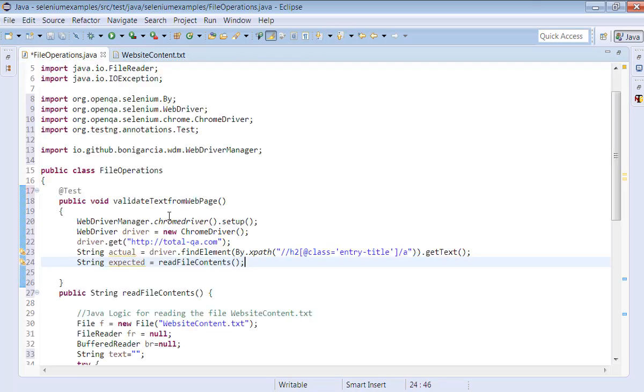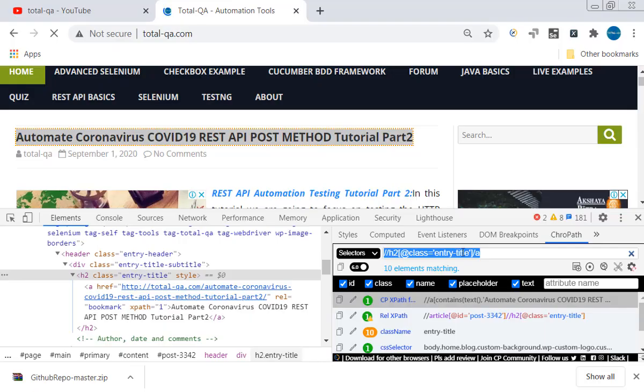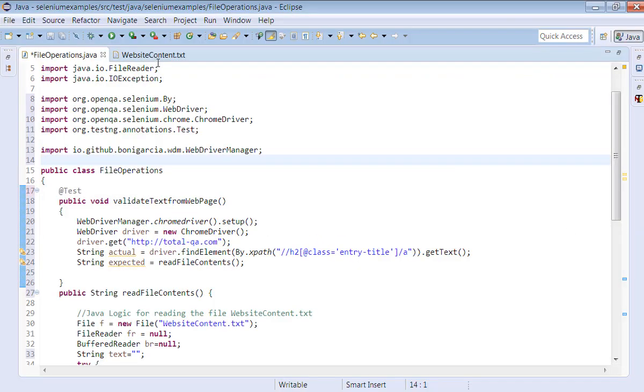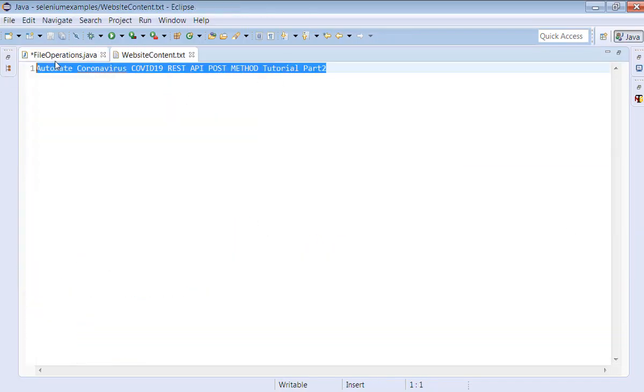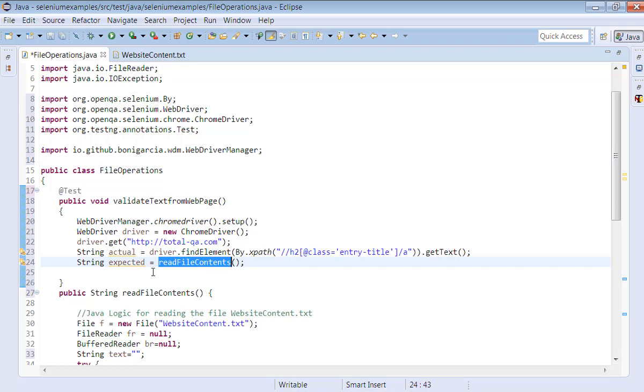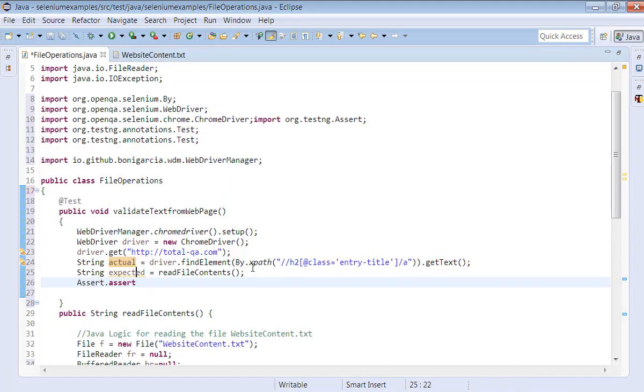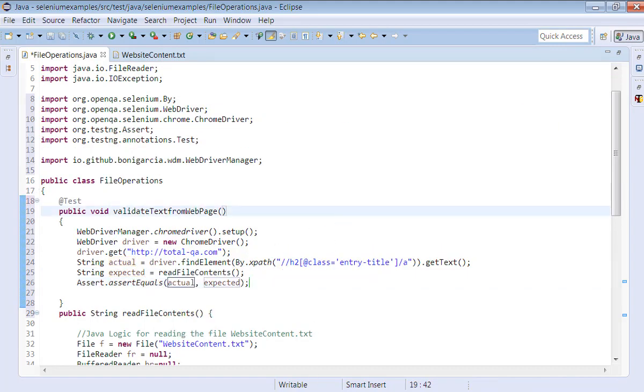We'll just keep only one row which we are fetching and comparing. If you look at this website, it is also returning this, and the content is the same in the text file also. So we are comparing. This will read the content, this is expected, the actual we get from the website, then result equals actual compared to expected.